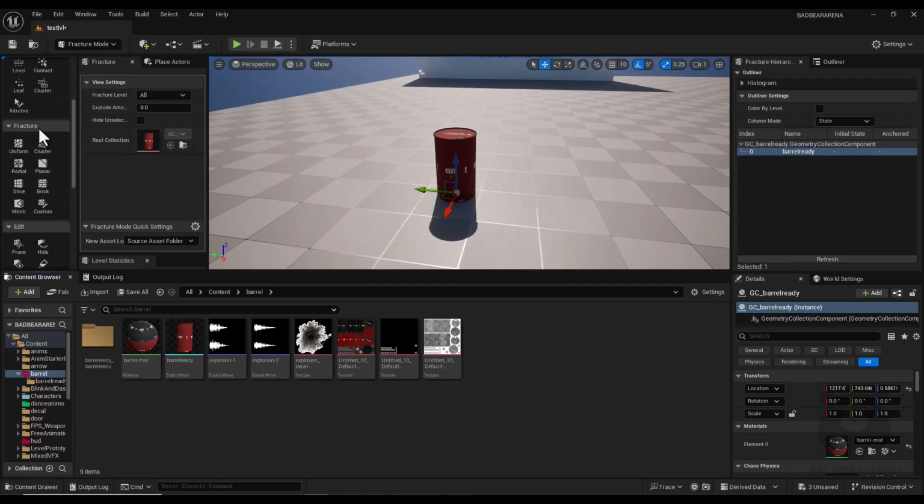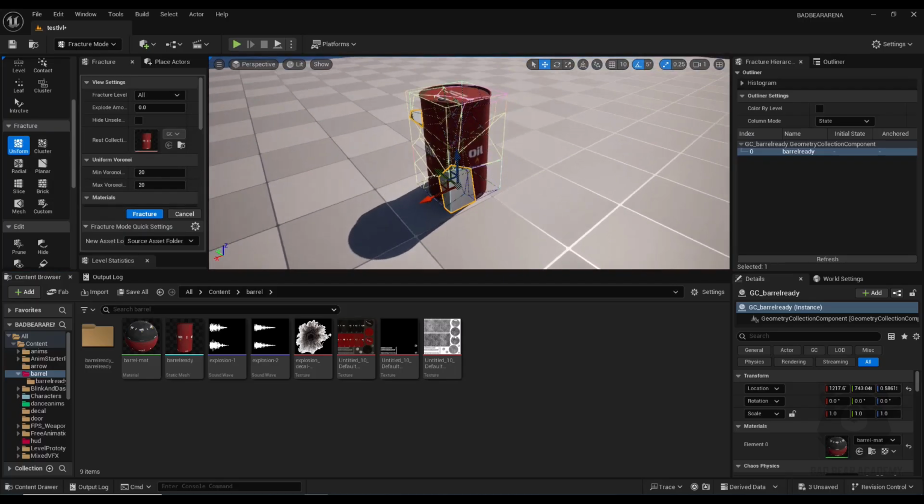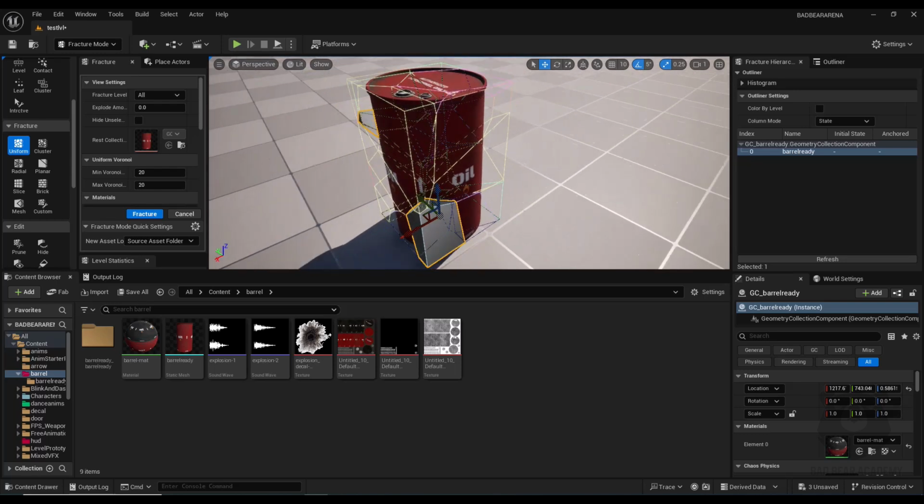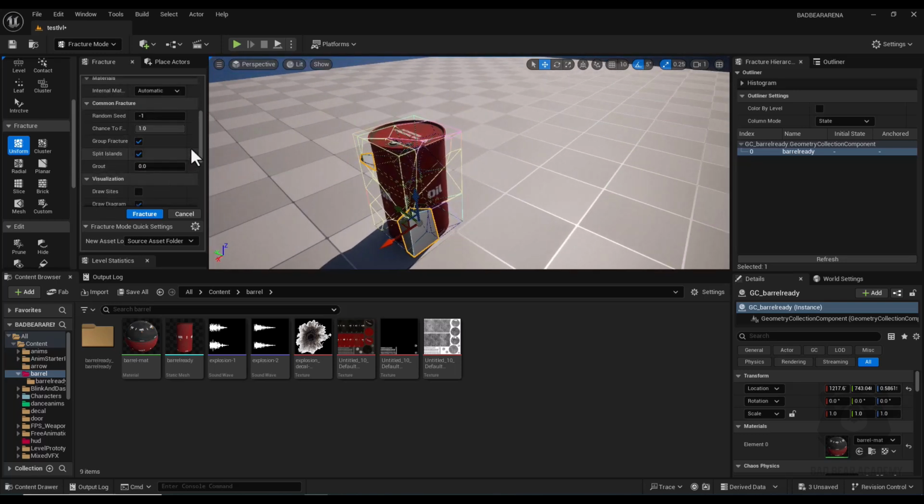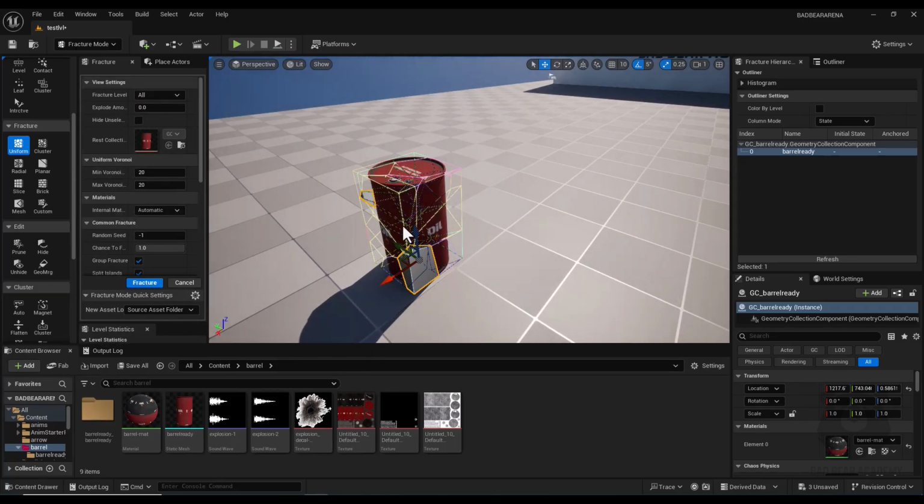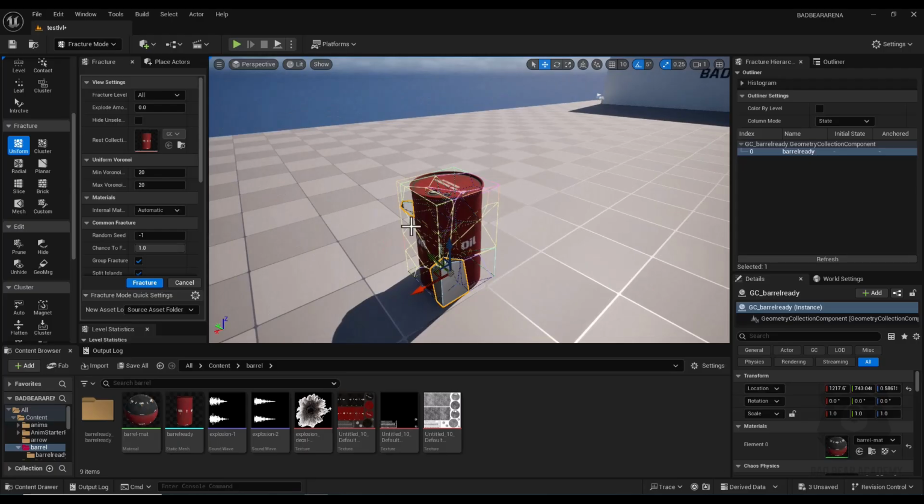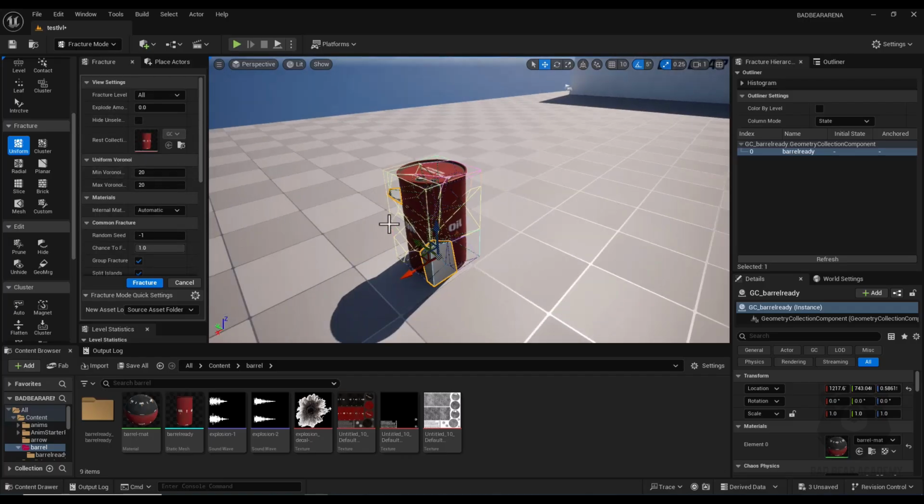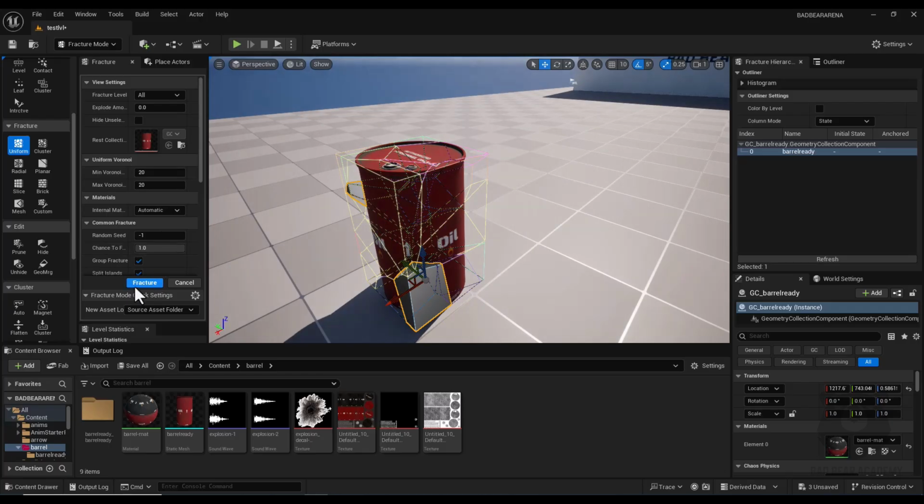Alright, now here in the Fracture section I have lots of different options, but in this case I select Uniform, and as you can see now my mesh is separated into many small pieces. There are lots of parameters here that you can play with and randomize these pieces' size. Alright, and as you feel satisfied with these fragments and pieces, you can click on this Fracture button,